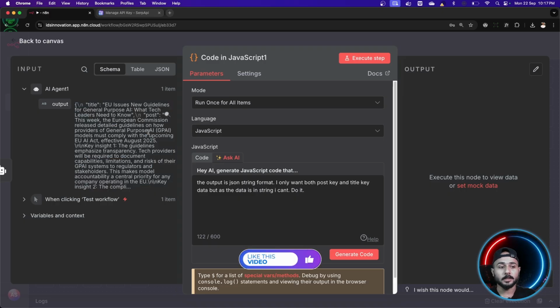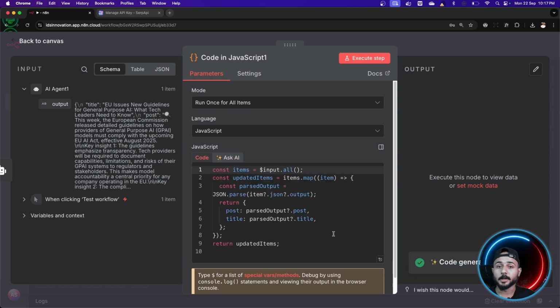And there is some data, some value attached to both of those keys. But as this data is in string format, and this is very layman, I mean, I'm not sure if this sentence is grammatically correct or not, right? But I just did it, and let's just see. Let's simply click on generate code, and this will directly create a code for us, based on our requirements, understanding the prompt which we just gave to them.